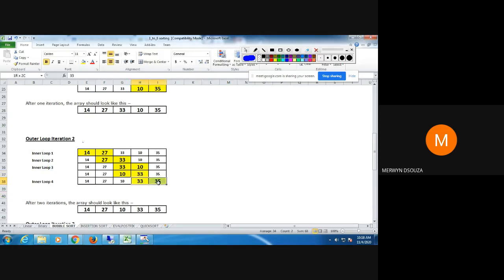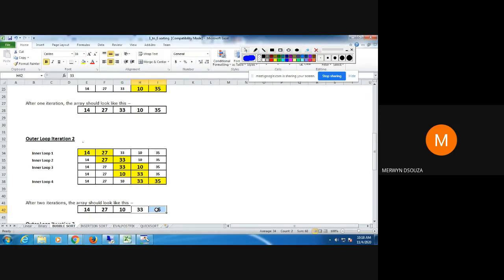When I compare this, again there is no change. And like I told you before we started comparing, the second largest element would have bubbled to its proper position. Now these two elements, 33 and 35, are in their proper positions in your final output.